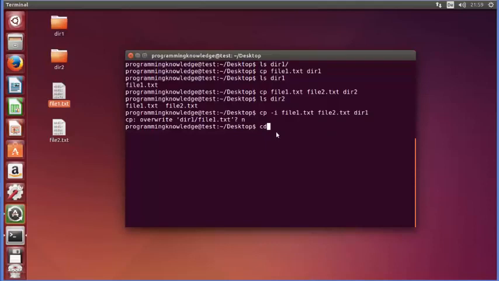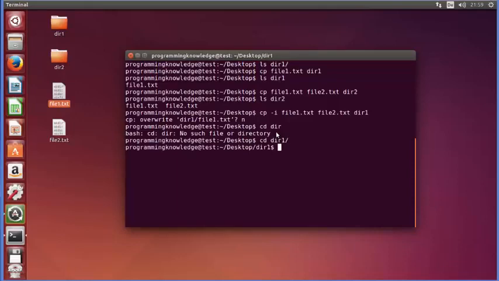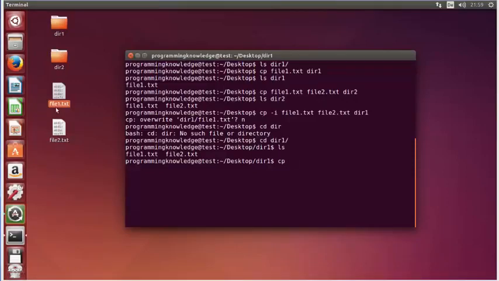So for example, I will cd to my directory 1 here, and let's do ls here. And for example, we want to give the cp command from here. So the file 2 and file 1 exist in the desktop, not the directory 1, and right now we are in dir1 directory. So we can just go one step back or one folder above by using these two dots,